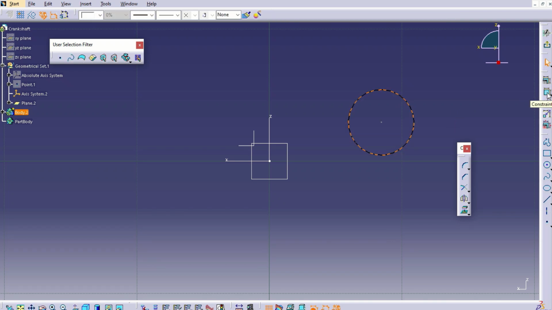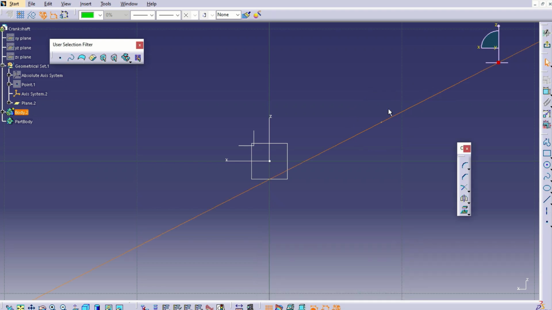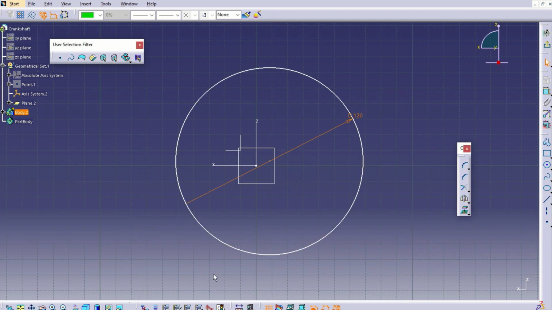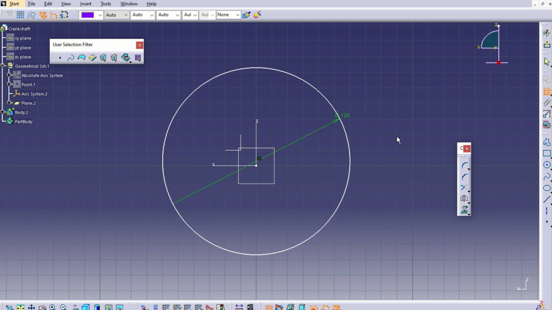Okay, and give the dimension radius 60, so 120, fit in all. Okay, then let's align this to this axis to coincidence, and let's keep this distance